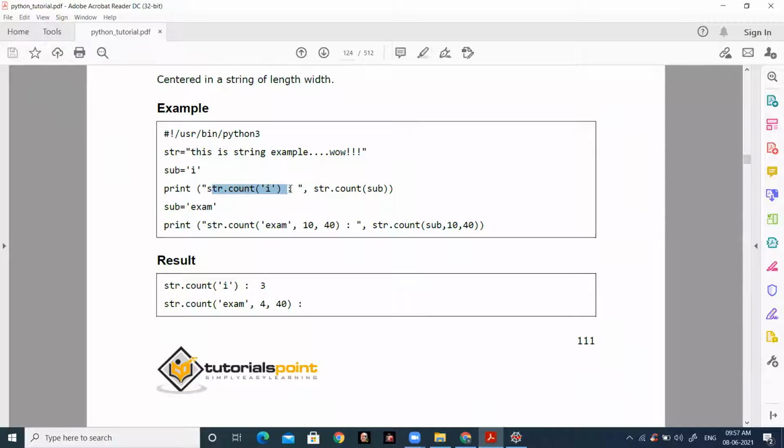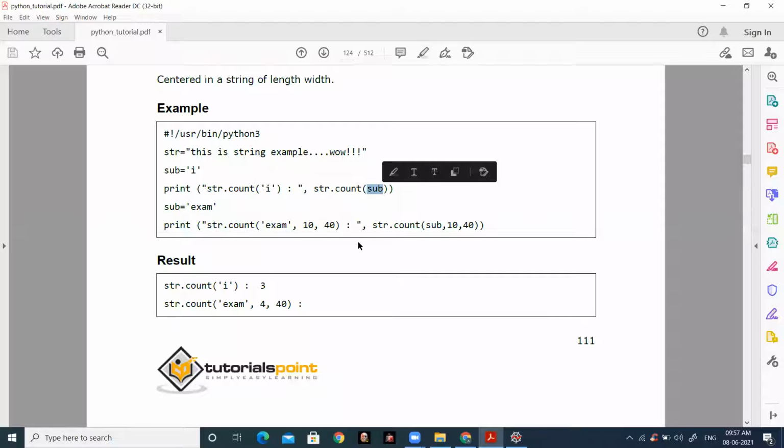Here we are passing str.count of whichever substring we are counting. So which substring are we counting? The character I. The character I can be assigned to the variable sub, so you can write only sub.